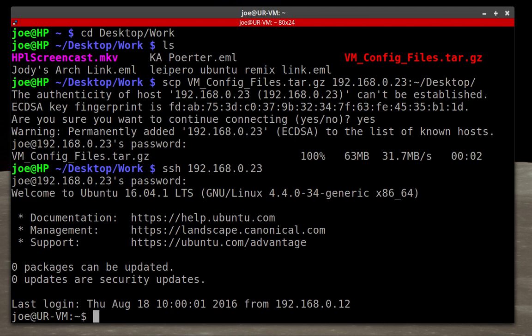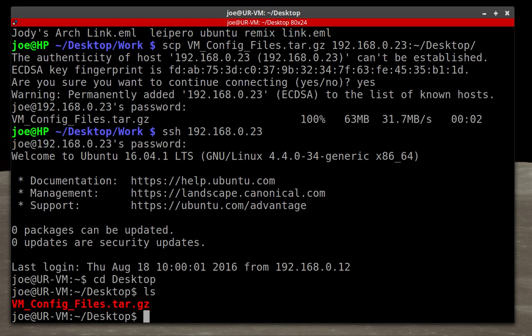And now I am logged into that virtual machine, cd desktop, list the storage, and you'll see our file is there. So there you go. That's basically how that works. And after you get used to doing it that way,